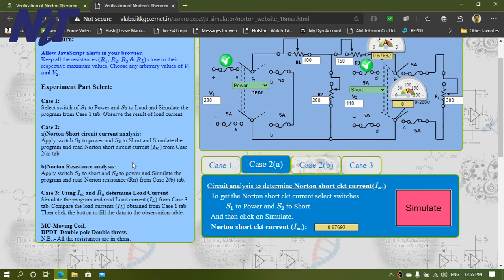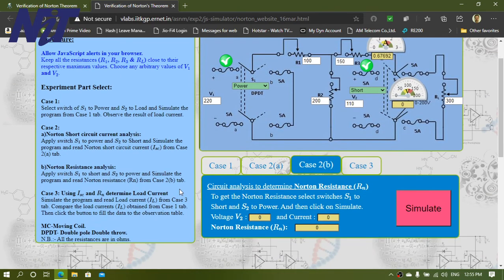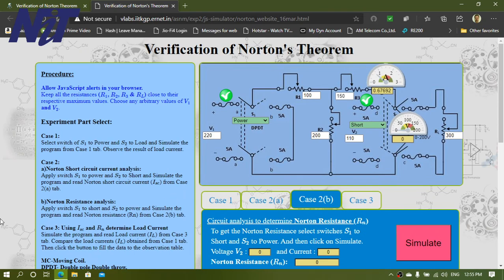Now case 2b says that it will find the RN, Norton resistance analysis. Click on case 2b, and then set the switches accordingly, apply switch 1 to short.